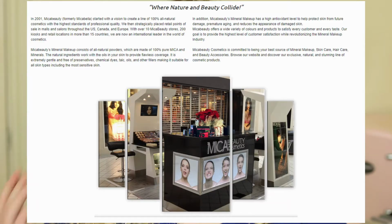So this is the On Point palette from Mica Beauty Cosmetics, and as Mica Beauty Cosmetics is a brand that I hadn't really heard of before, I did take a look at their website to just find out a little bit more about them. They are sold online as well as in physical locations across 15 countries, and they have a really big focus on being all natural. They use 100% pure mica, and they are also free of lots of different things such as oils and talc